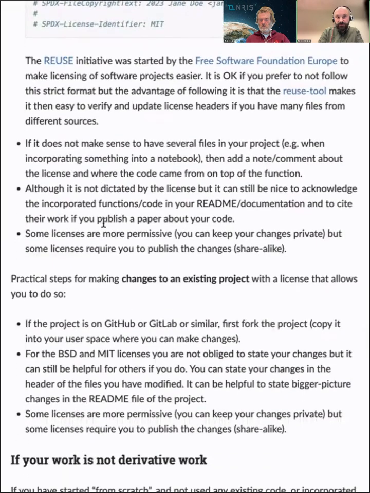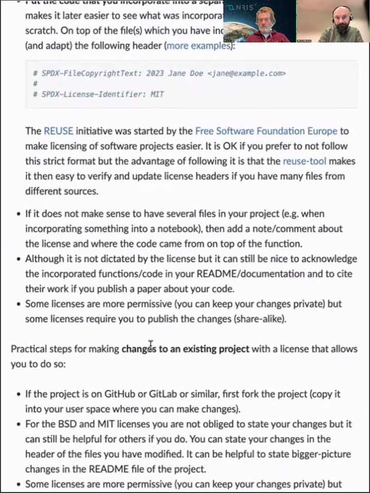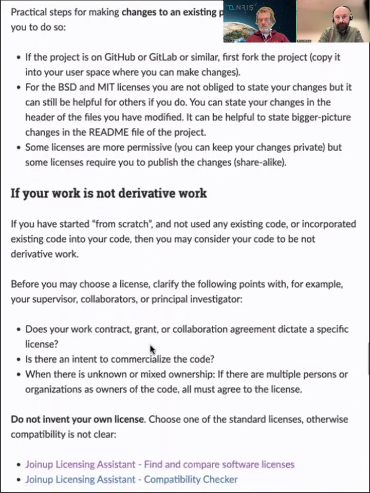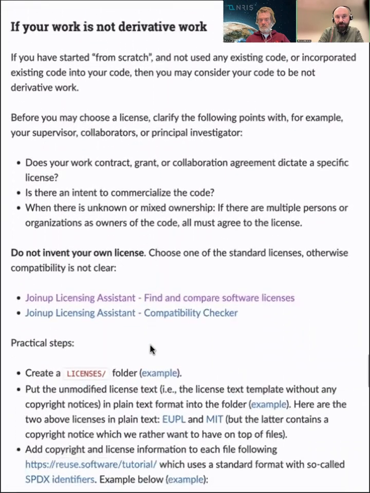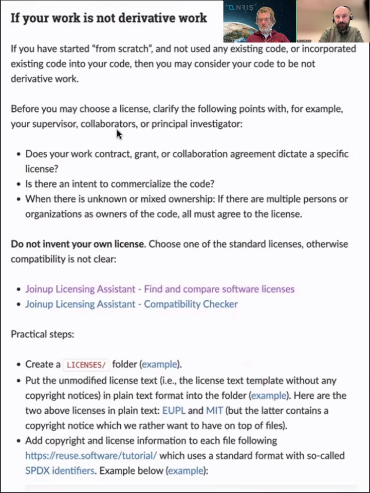Something else to mention from this page. If your work is not derivative work, well, basically we already mentioned this, if you don't reuse code of others, and what I mean is that you don't include it in your repository, so you can of course still import whatever Python or use whatever R library.